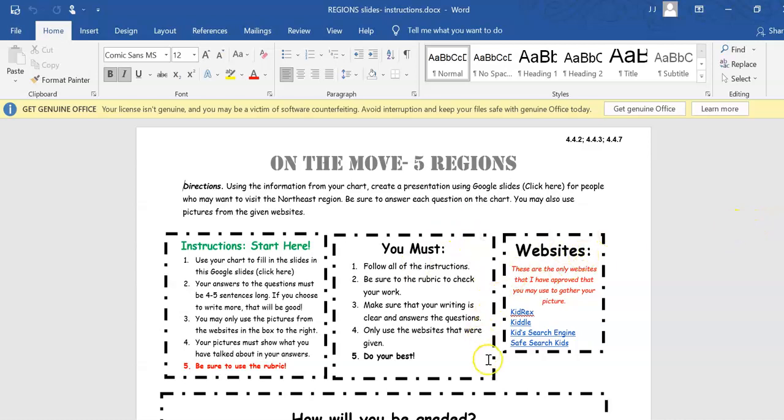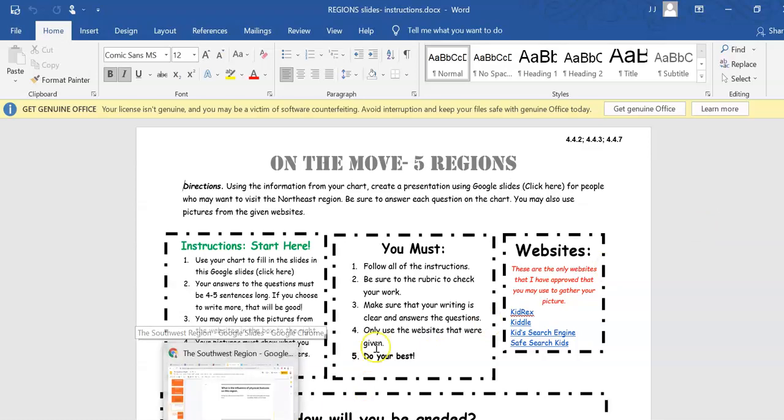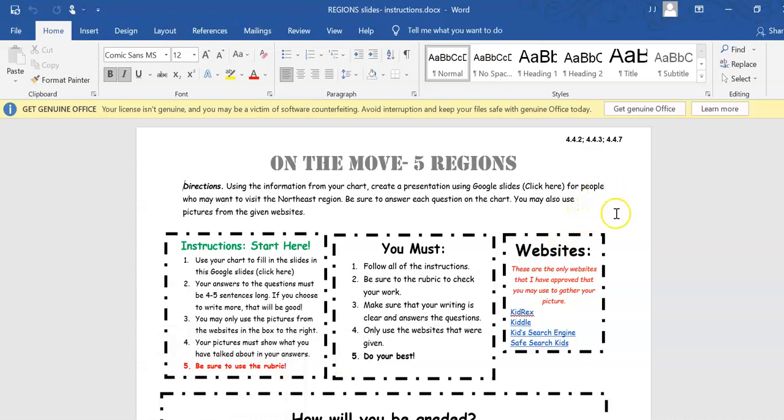I gave them a list of kid-friendly search engines that filter out the inappropriate things that they may potentially come across in a classroom setting, but also within that,